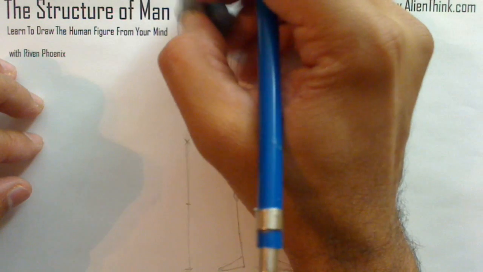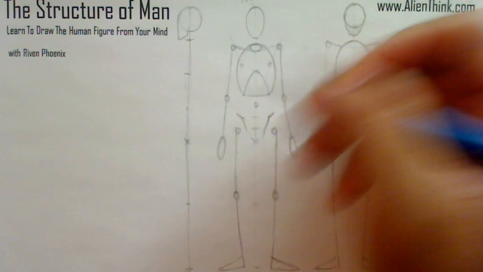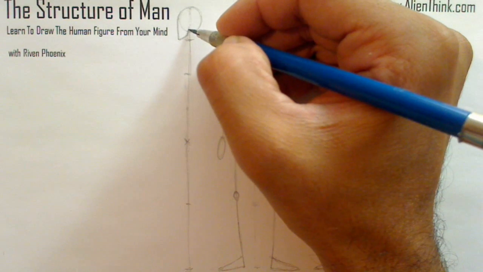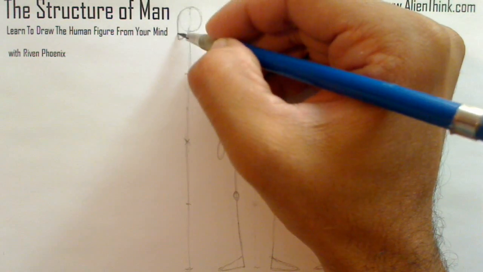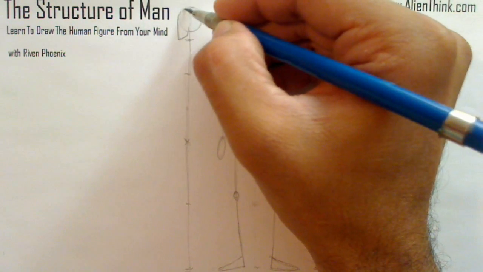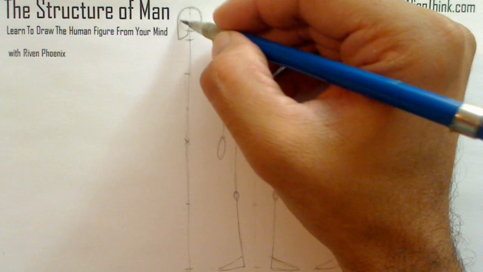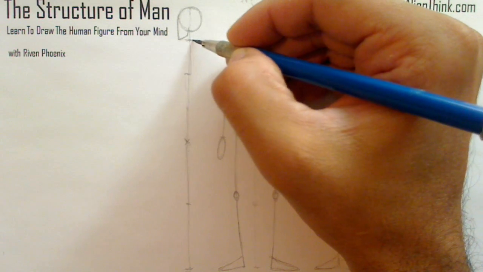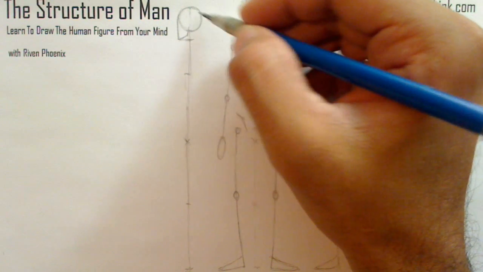Right, so here I'm just going to clean up some of these lines because I want to slow down and make sure we understand how we're helping the mind to get these concepts. So for the jaw, I just did this line here like this, and then I drew it from the front like this, and I'm just following the circle of the head, right? So here is the original circle for the head. For the jaw, it just came down like this and this, right? And this is the line for the chin, and this is where it ended. It's a very simple concept.